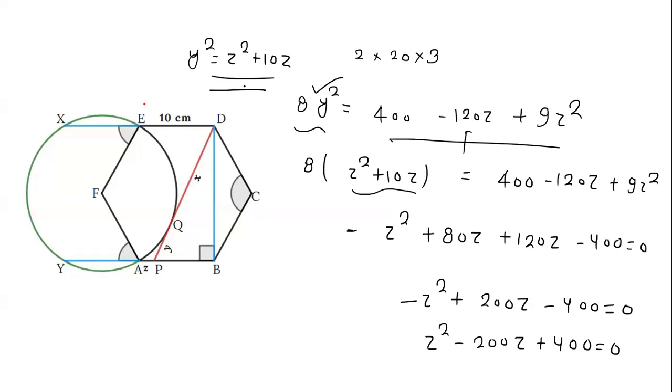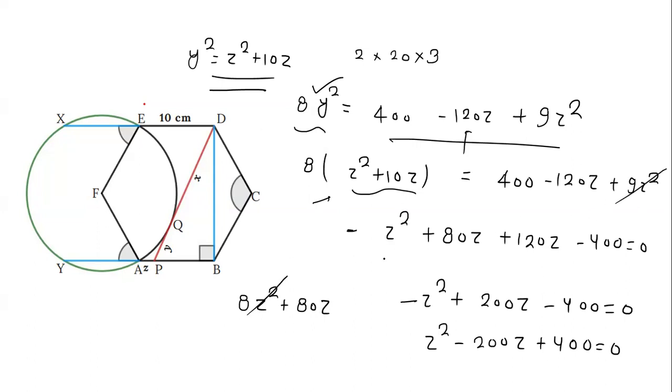And now this is simply one whole equation in z, so it is a quadratic in z, so we can find the roots of this equation, which will give us the value of z. So if you simplify this, here it will be 8z square plus 80z. So this will cancel with this, and the remaining thing is only z square.